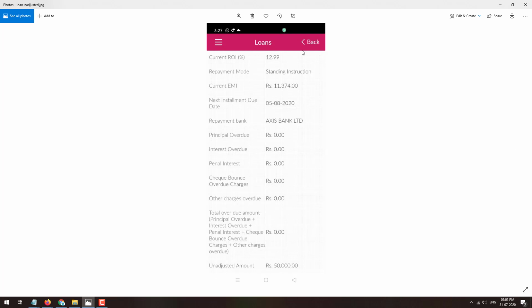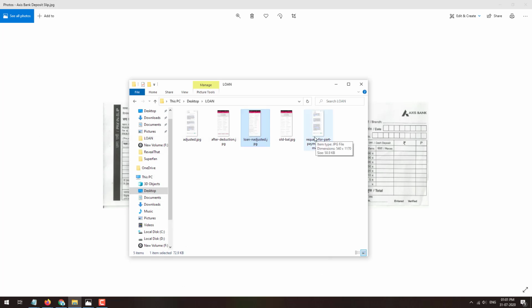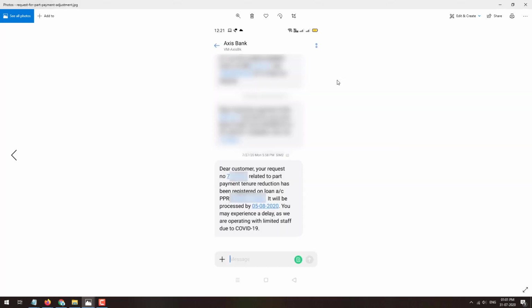To adjust it as a part payment towards your loan account, you'll need to call the call center by dialing the customer care number of Axis Bank. Once you call them, you'll need to tell them that you want to make a part payment towards your loan account and you have deposited that amount in your loan account. They will take a request, and they will give you two options: whether you want to reduce the tenure or EMI. You'll need to select one of them. Reducing the tenure will be the best option. According to your need, you can reduce tenure or EMI.